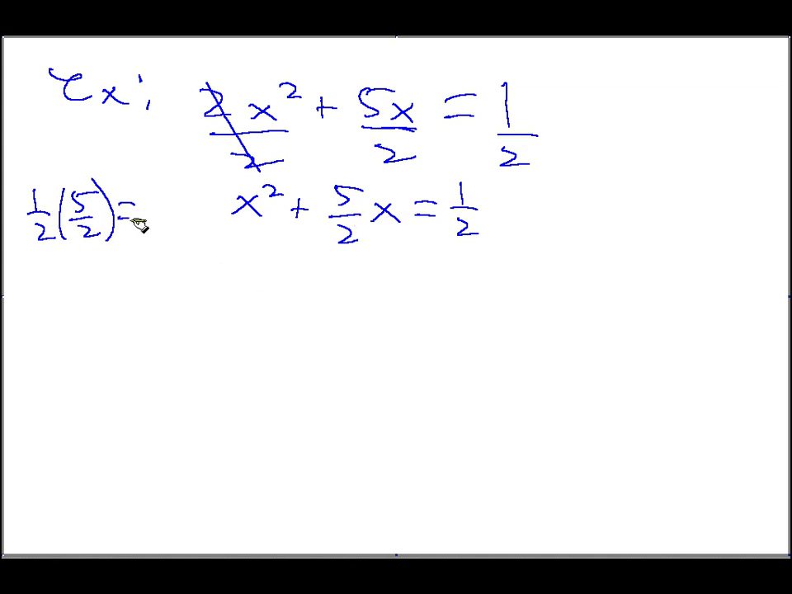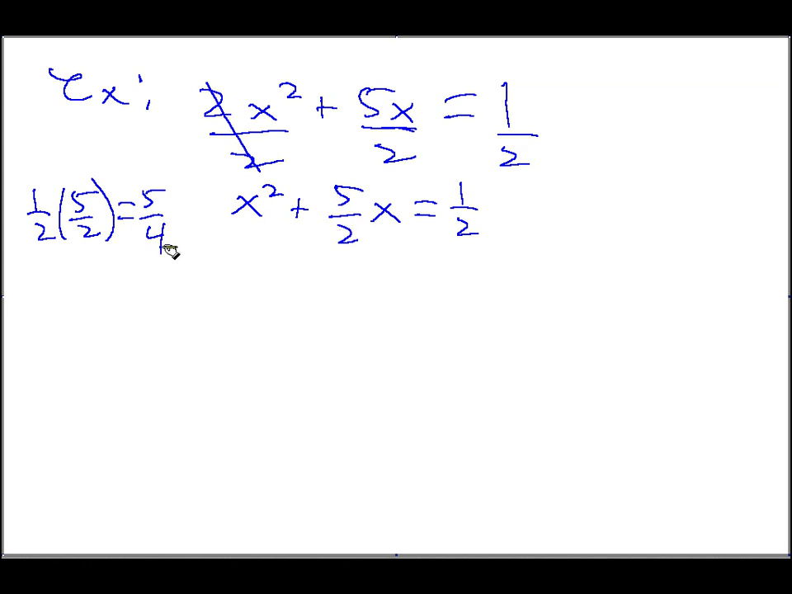So what's half of 5 halves? Well, look, 1 times 5 is 5, 2 times 2 is what? 4, alright? And then what I do again, I take half of this coefficient, half of the 5 halves,